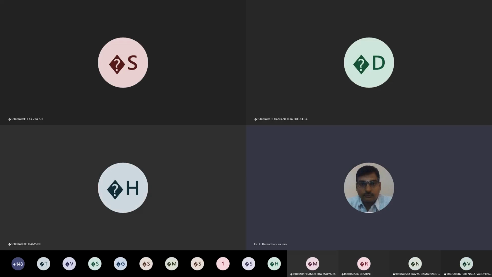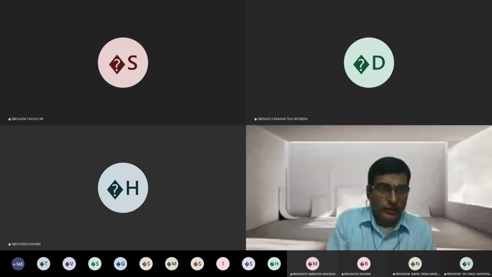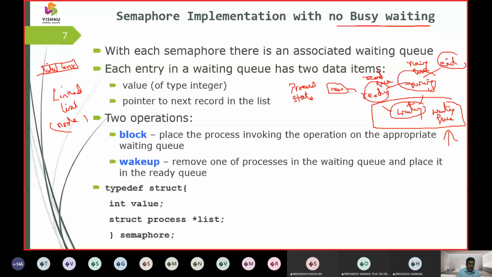The second part is going to have a link to the next element. So this value we are going to call a data item, and this one we are going to call a pointer variable. The pointer variable is implemented with a singly linked list. The data item we call a value, and the linked list node structure is going to link up to the next one. For that we are going to use this pointer variable.